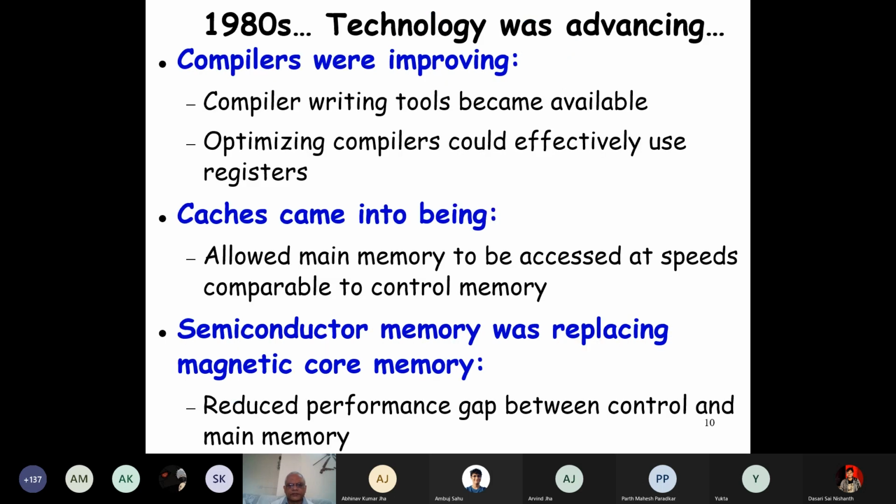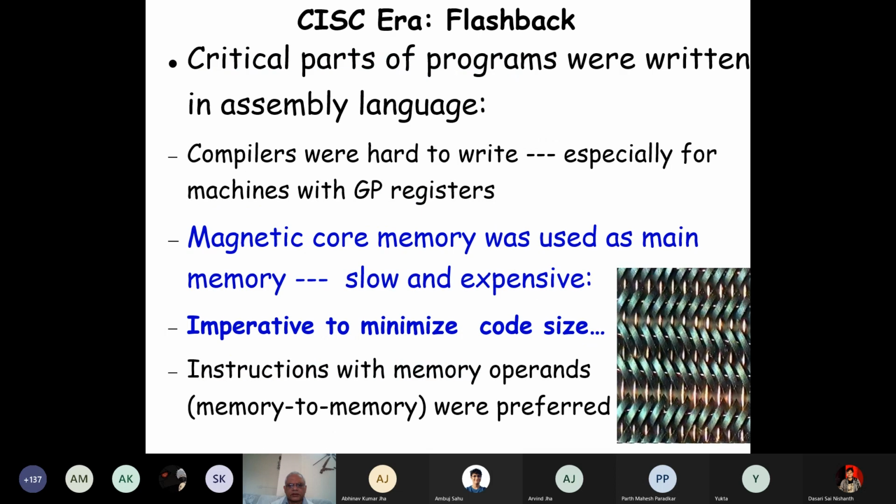Let me just go to that picture. So this was the main memory, this kind of thing. I have just shown a small part of it. Sir, like in the picture, is it a very zoomed in view? Yes, it is a zoomed view, just to show that the memory appeared to be like a large disk. It was inside the computer. I just showed a small part zoomed. If you look at that memory, you won't see this.